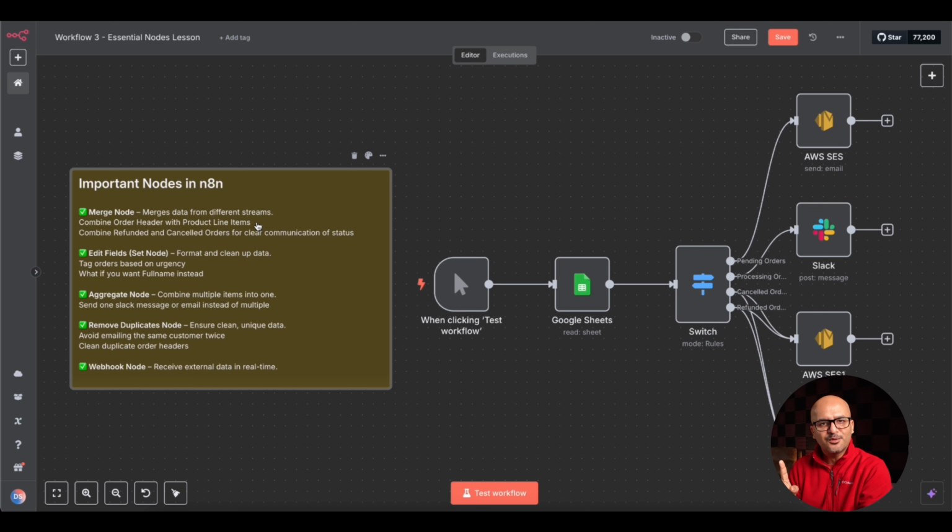So the first node that we are going to look at is the Merge node. It helps us merge data from different streams, and I have 2 use cases over here. The first one is combine order data with product line items. So as you see over here, if I